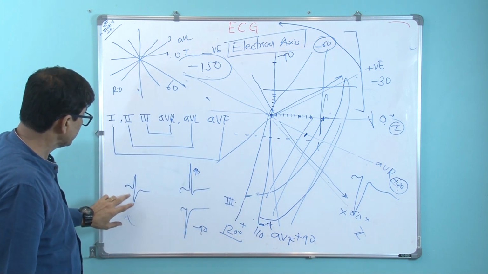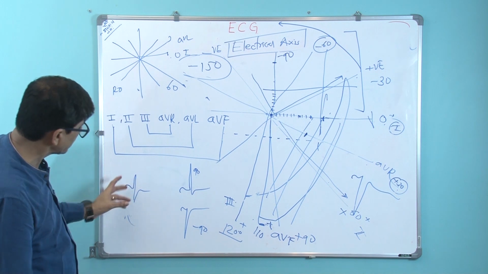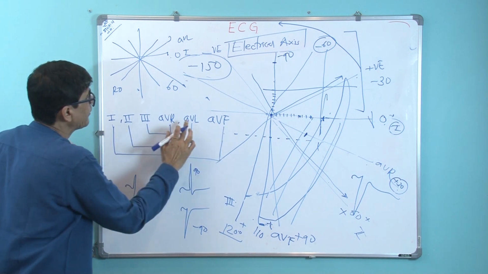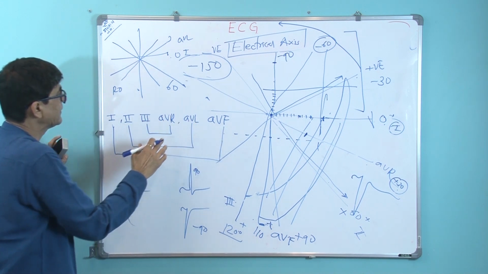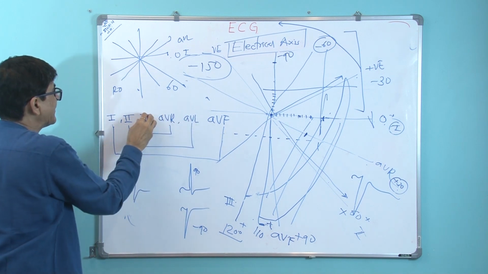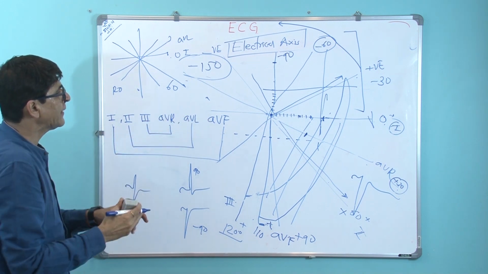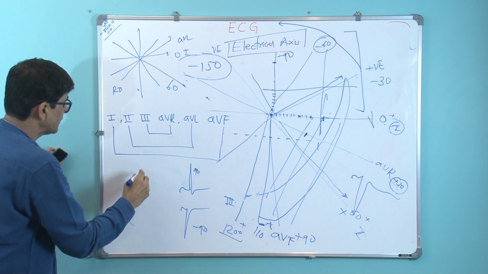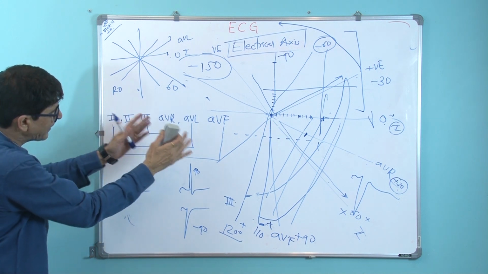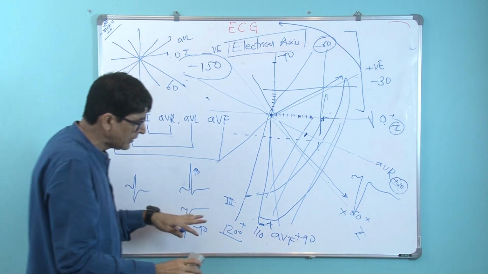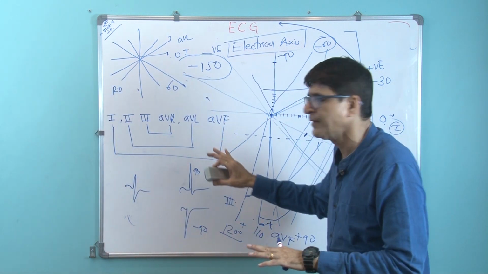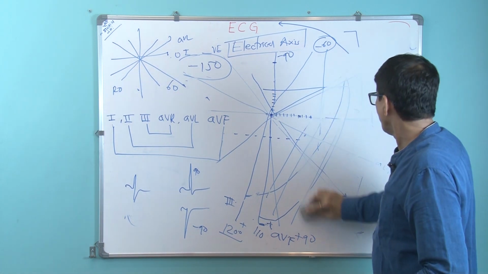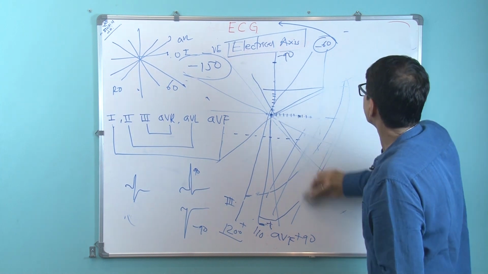So after seeing which lead is equidistant, whichever lead you see, take the perpendicular to that: first perpendicular to AVF, second perpendicular to AVL, third perpendicular to AVR. If you find any one, then you calculate axis according to that. Another is resultant deflection, which I told you, but this is a better method to calculate, and when I discuss with you with an example, your concept will be much clearer. If you have any doubt, just put it in the comment section, I will answer your queries.